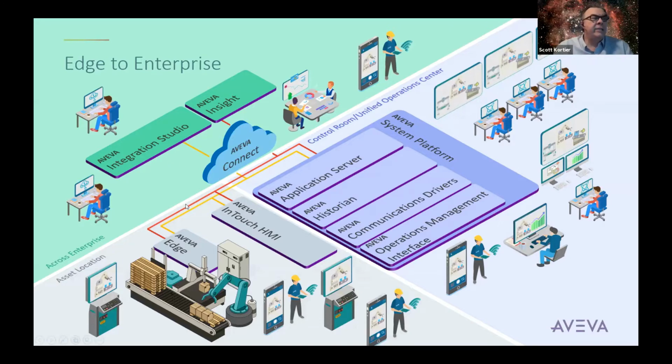And the idea is to be able to get that information down here from the lower left. I don't know if Ernst has shown this diagram or previous presenters have, but the idea for this product is down here in the lower left, where you've got some type of asset, whether it's a machine, a sensor, a pump, a valve, a motor controller, and then be able to get that information up into the various places where you can use it, whether it's in the system platform, up into the cloud, into the Insight platform, or off into another product. Again, we want to be able to share that information and get it to where it's needed.